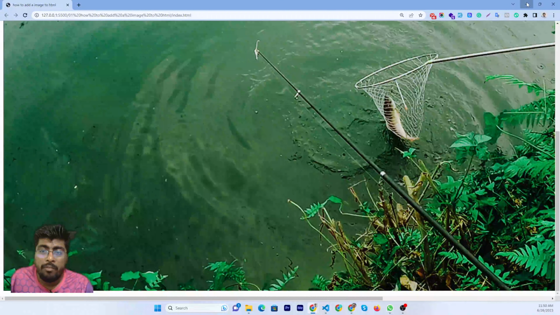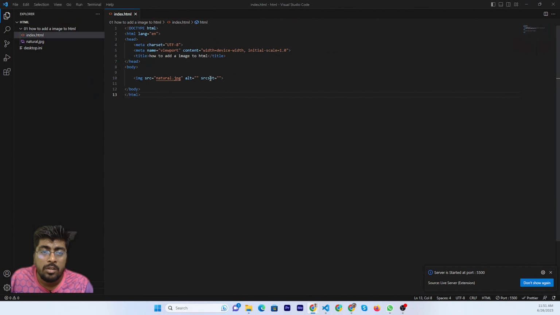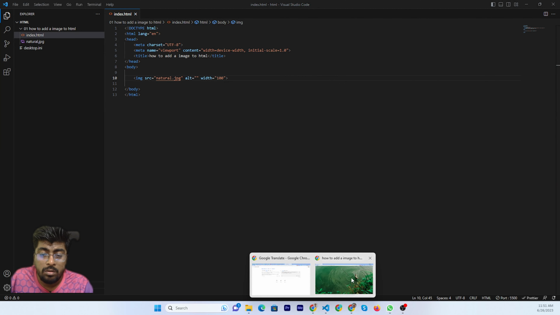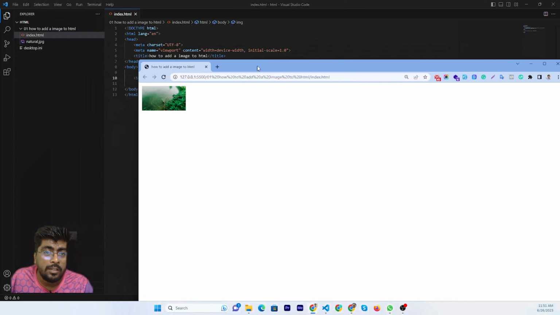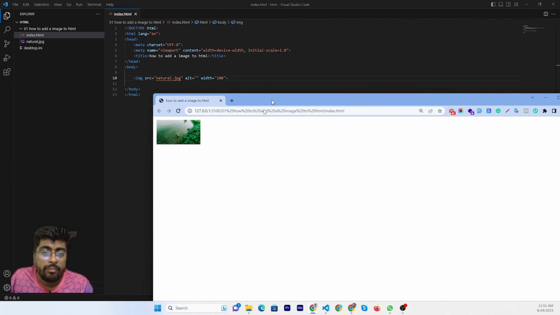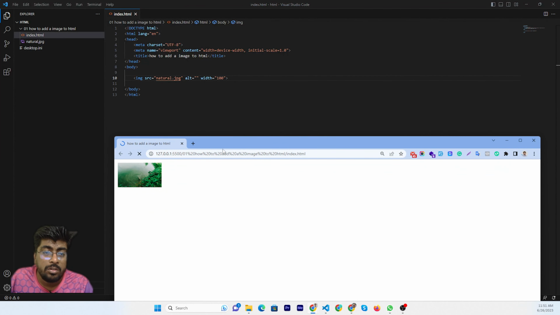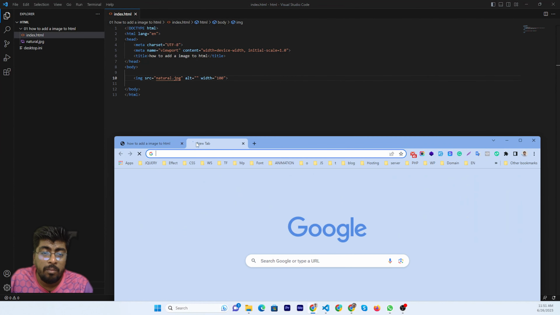Alright, but if you want to set the image size, like width 100, now we can see again, this is the image size. Alright, so this is the image tag, but if you also want to show an image from a live website,